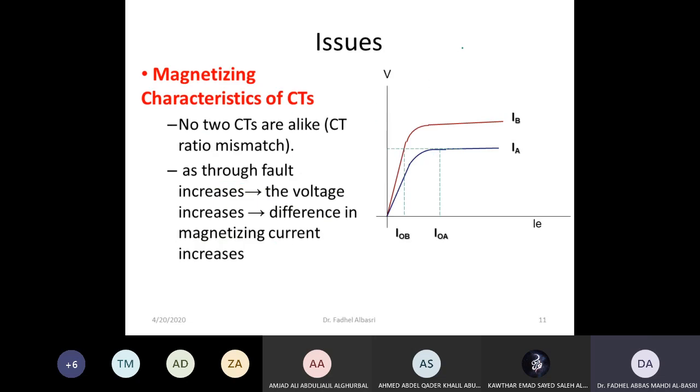Let me show you one issue here. Suppose I have two CTs. Now I am trying to compare the two. So I have one CT here, another CT at the end of the line. And these two, CT1 and CT2, have these characteristics, and I want to compare them. Suppose these two characteristics are not identical. What happens is